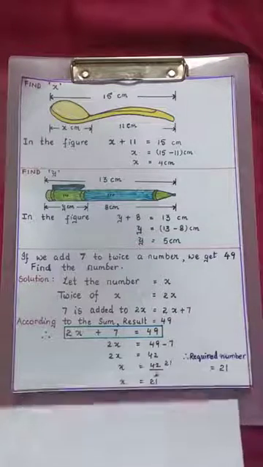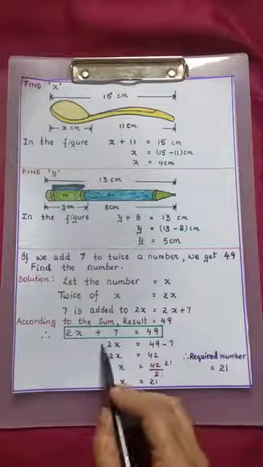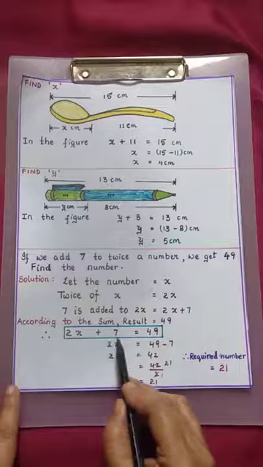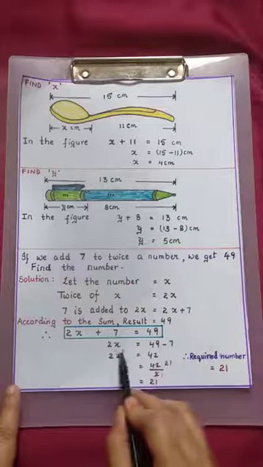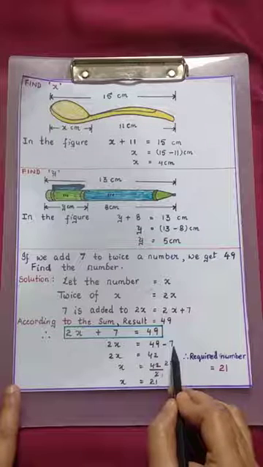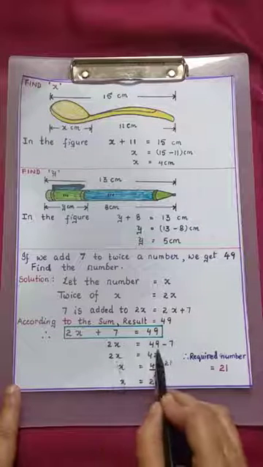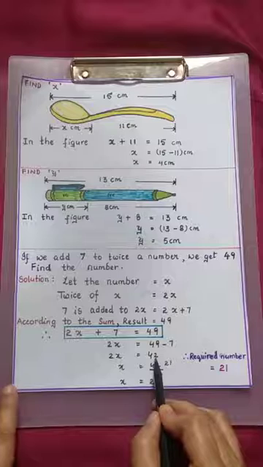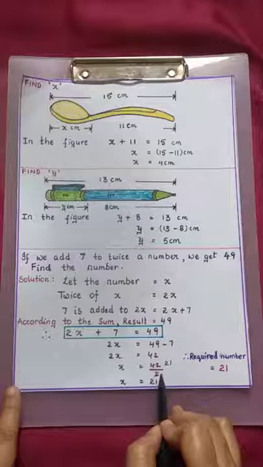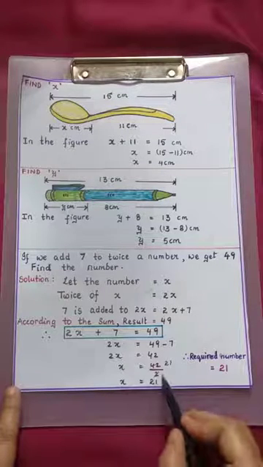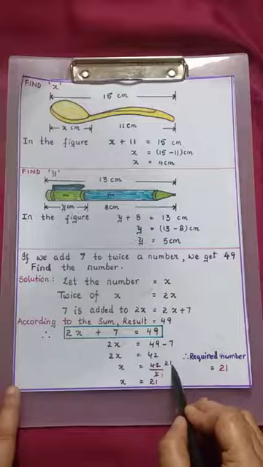Now let us solve the equation here. Now here, left side we are adding 7 here. When you transpose to the right side, we subtract. So 2x is equal to 49 minus 7, which is 42. Now here left side, 2 we are multiplying by x. When you transpose to the right side, we divide. 2 ones, 2 21s.